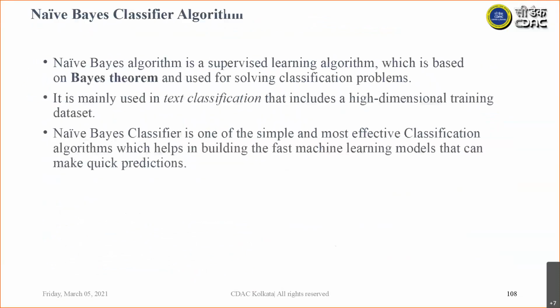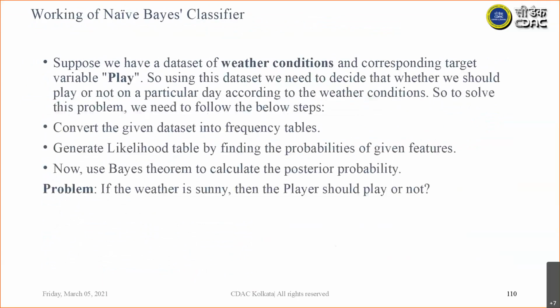Another aspect is that for developing this Bayes classifier, if it is a multivariate case, that means if you are dealing with more than one feature, that means more than one parameter, you have to go for the multivariate class conditional density. That is another probabilistic approach.